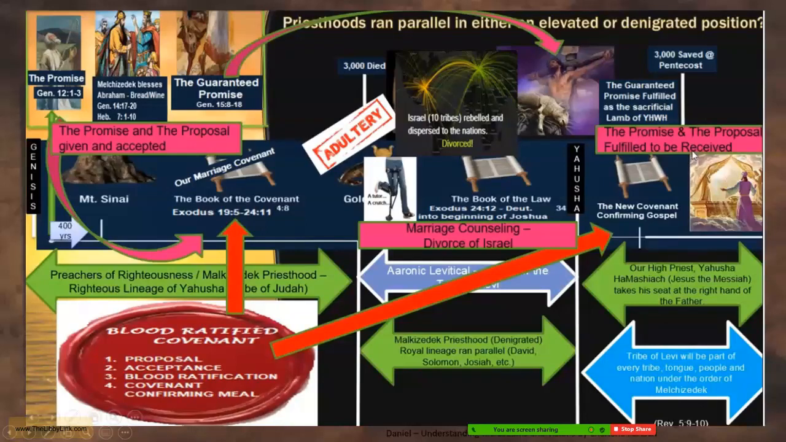And then we partake of the covenant confirming meal of bread and wine. And that's why at Passover we do that. And then we take off our sandals, our authority. Sandals represent authority in one's lives. So we are standing on holy ground when we partake of that covenant confirming meal, and we take off our